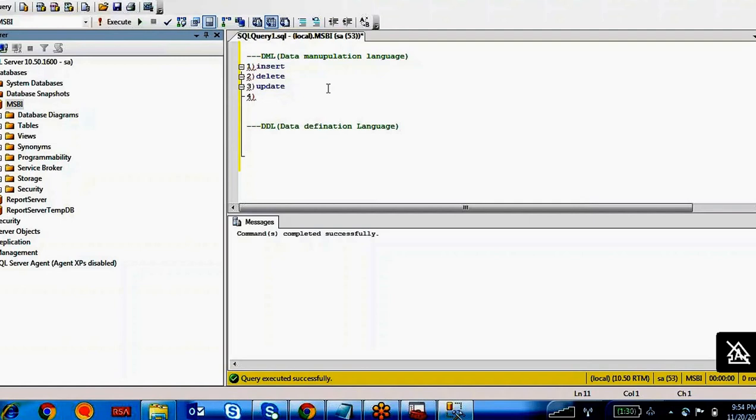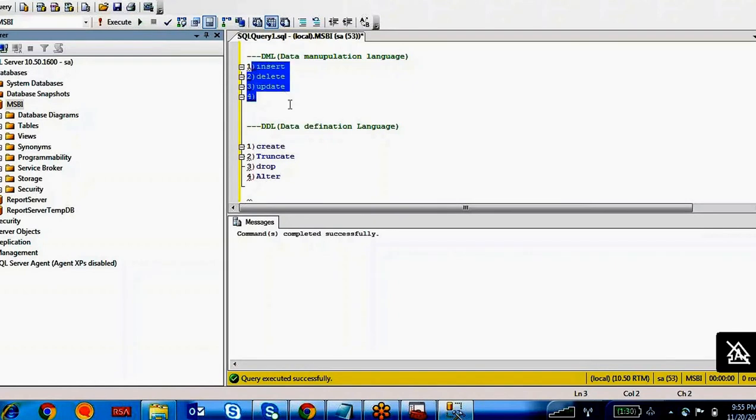Okay, so these commands are create, truncate, and drop. Alter. Yes, alter, right? So one is missing here.